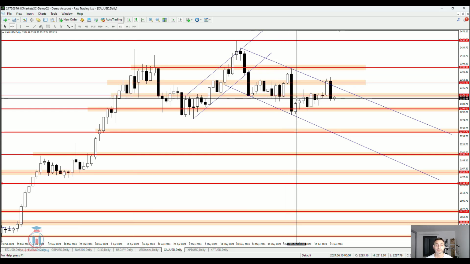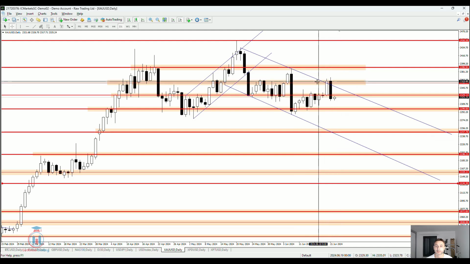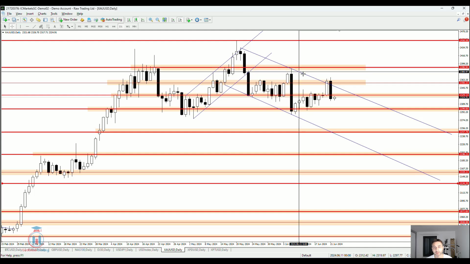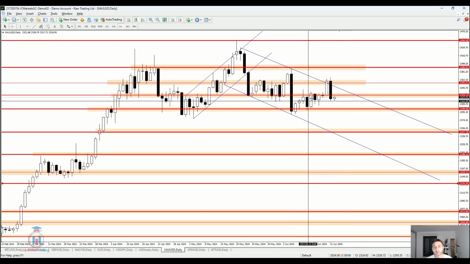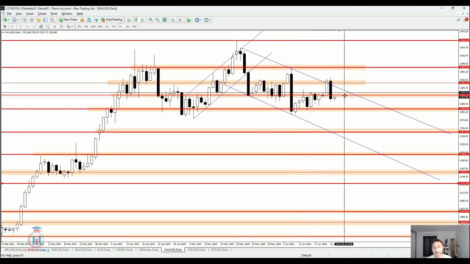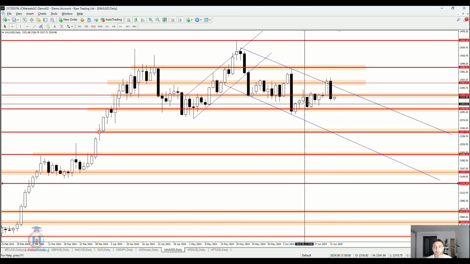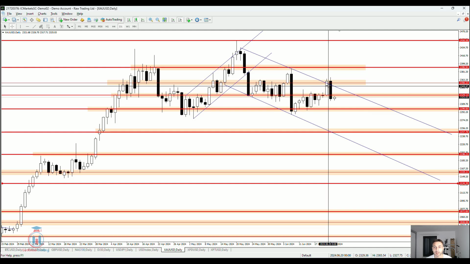Now the confluence is where the horizontal support and resistance lines, in this case here, are crossing each other together with this trend line. So in this case this would be a confluence of resistance. Why is it a resistance? Because we have a downtrend channel which will prevent the price from going higher and higher, and this horizontal line is the resistance because the price has moved upwards,